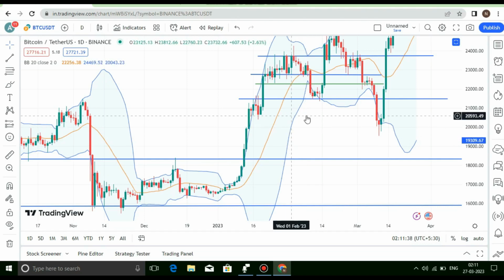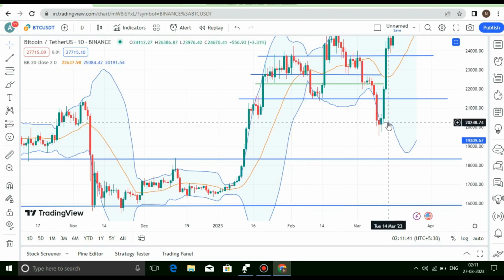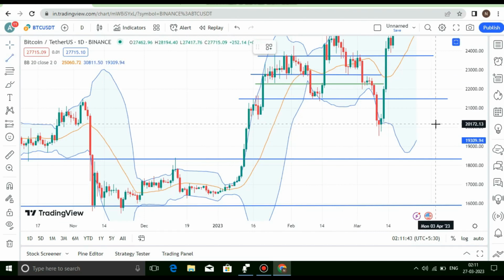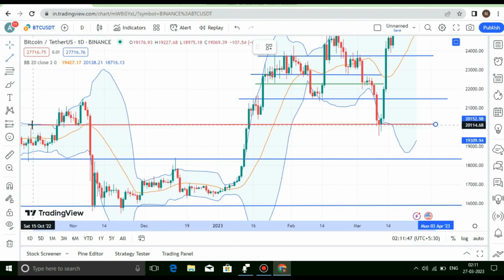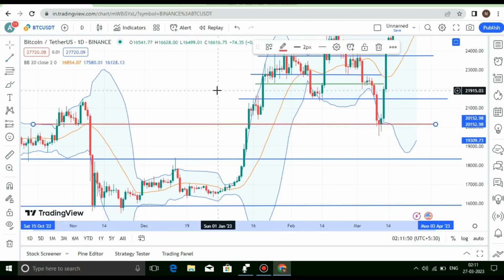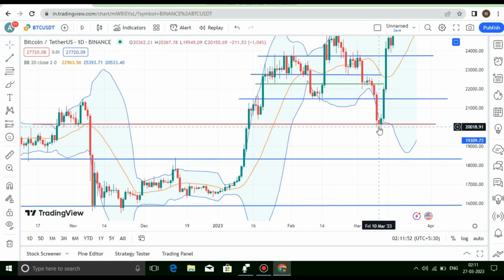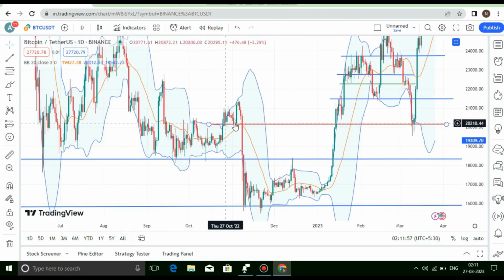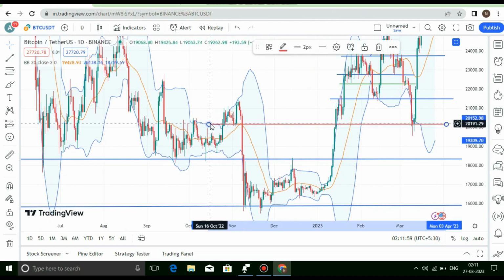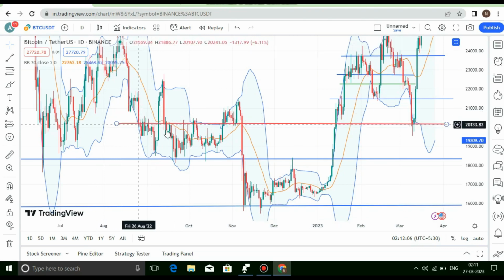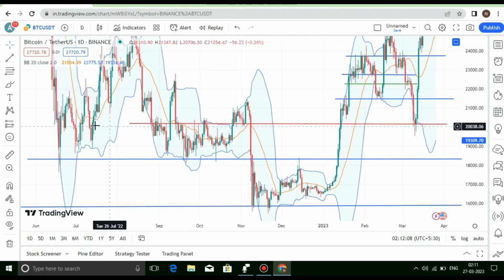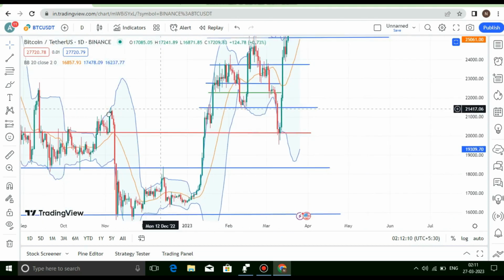And here you can also make a support zone. This may not be that strong a support zone, but you can make it over here. Okay, so this is a support zone over here, and here also you can see the support zone crosses this part perfectly. If you extend it over here till this part, the support zone works very well. This range works very well, and here it doesn't work that well. So let's take it